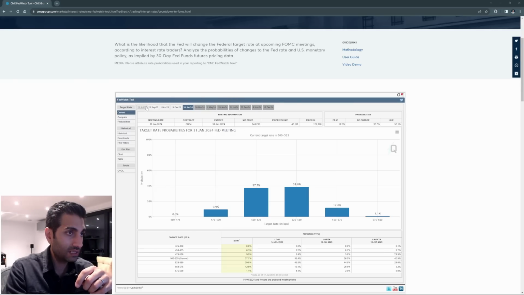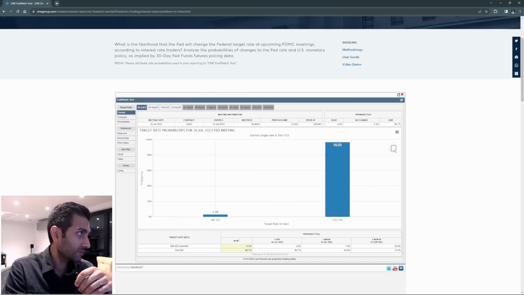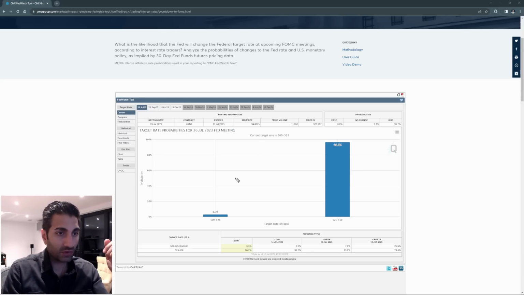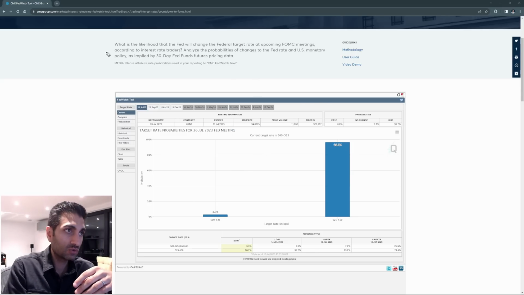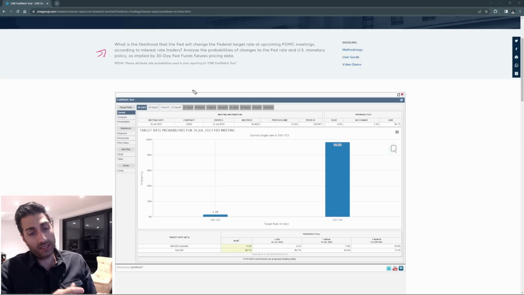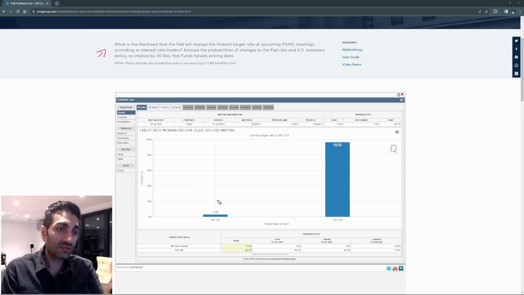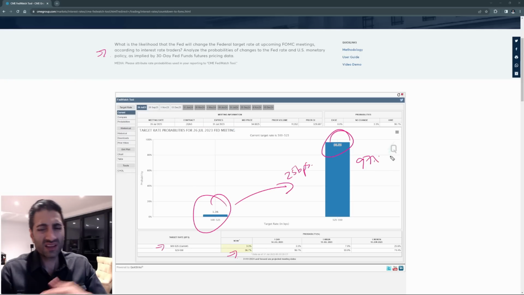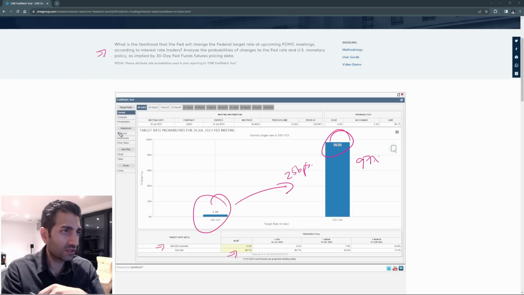So if we look at the meeting coming up, this is telling us the probability of what is likely to happen based on the Fed funds futures, right? You can read that in your own time, it's up there. It's telling us what the market is expecting the Fed to do. So there is a 97% chance. Right now we're at 5 to 5.25. That's the current Fed funds target, the interest rate in the US. The chance of a rate hike of 25 basis points in 8 days is 97%. Of course, there are no guarantees, but it's pretty much a given that the Fed will be raising rates.